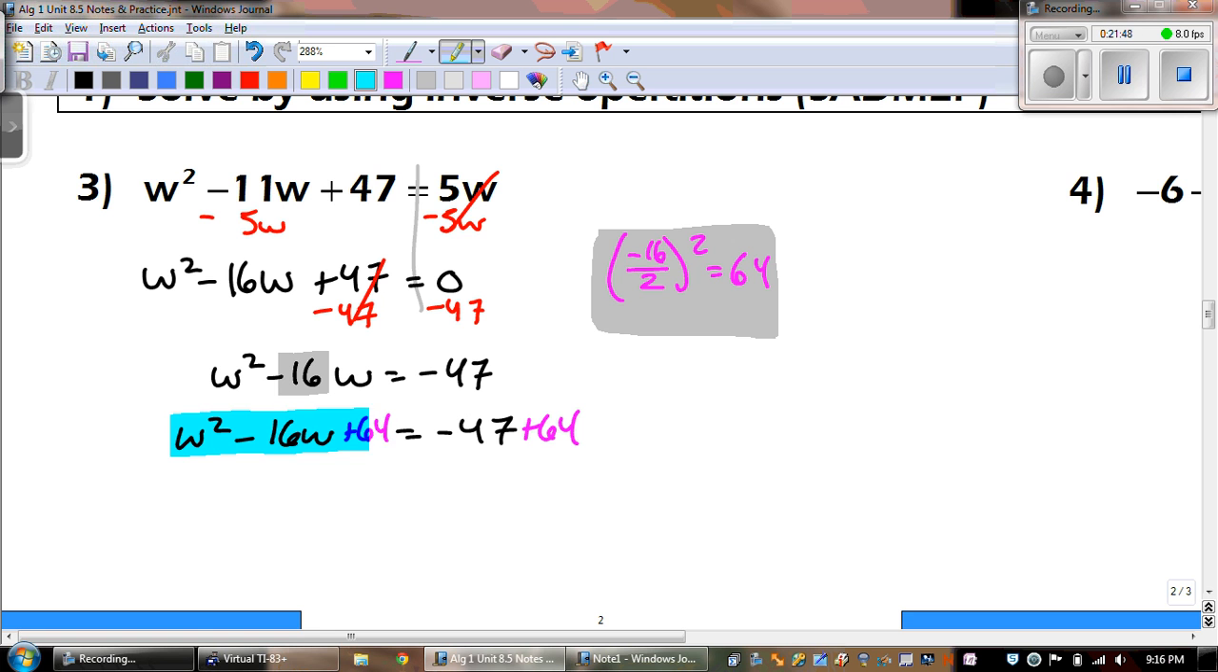All right, now let's go ahead and factor the new trinomial. We have w squared minus 16w plus 64. And numbers that multiply to 64 and add to negative 16, well, that is w minus 8, and it's w minus 8 squared. And the negative 47 plus 64 gives us 17. Okay, and now all we do,